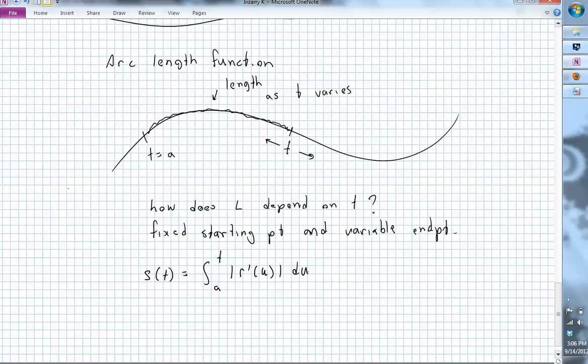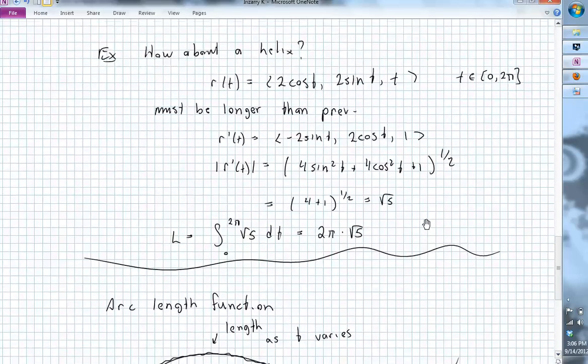You just take the old arc length formula and you replace B with T. Right? So instead of having this fixed end at B, we now allow the end to vary a little bit. And what we want to see is how does this thing behave as a function of T. You'll also notice, in keeping with calculus etiquette,